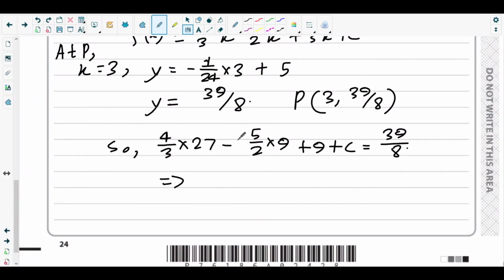Now we need the value for c, so take all the constants to the right side. 4/3 times 27 gives 36, minus 45/2, which is 5/2 times 9, plus 9. So c equals 39/8 minus 45/2, that would give you negative